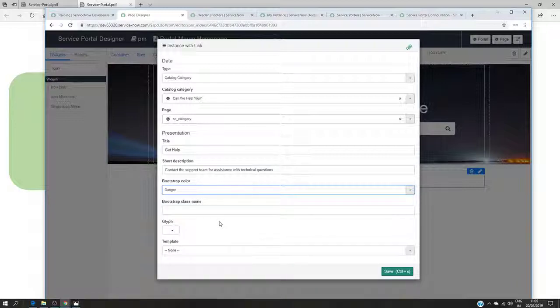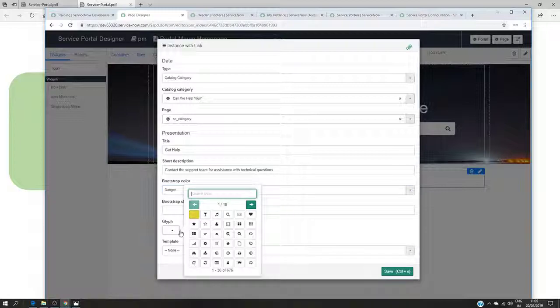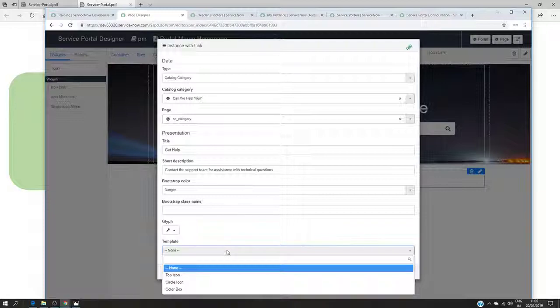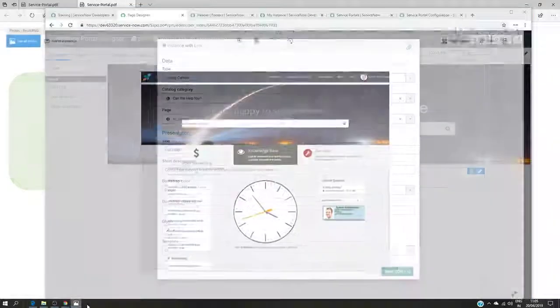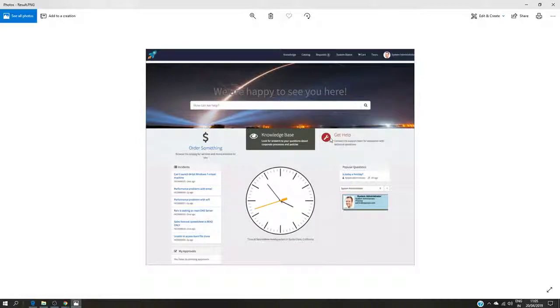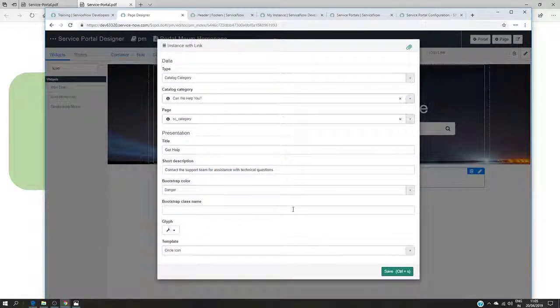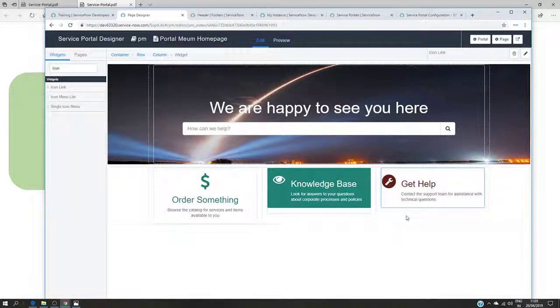It's going to display red colors, that's why I'm choosing danger. And the icon is going to be, where is that icon? This one. Okay, and the template is going to be circle icon, because as you can see here, the icon is inside a circle. I'm gonna save it. Okay, I have